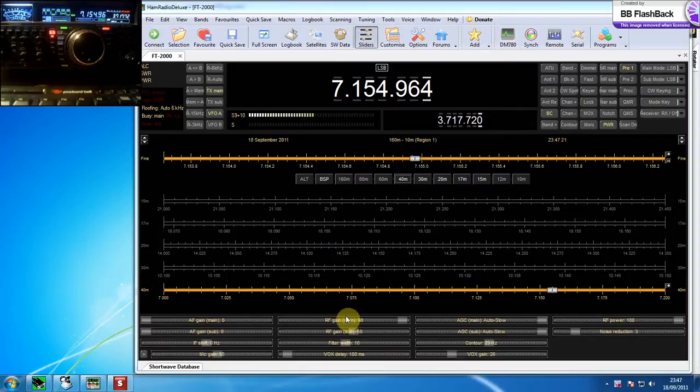Quick video to show the software from Simon Brown, HB9DRV, particularly SDR-RADIO, which is a software-defined radio program, and Ham Radio Deluxe, which is a transceiver radio control program. Ham Radio Deluxe has been around a long while. I suppose a lot of people would be familiar with it, and in this case it's connected to a Yaesu